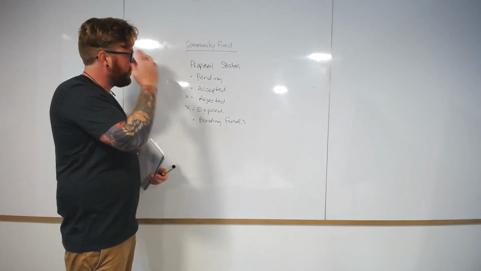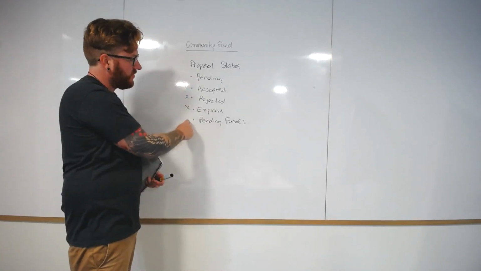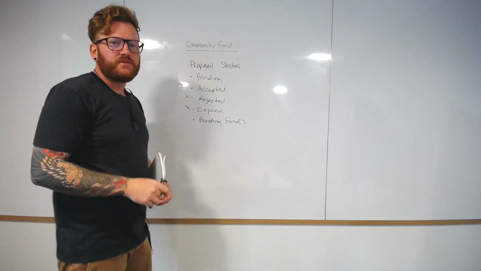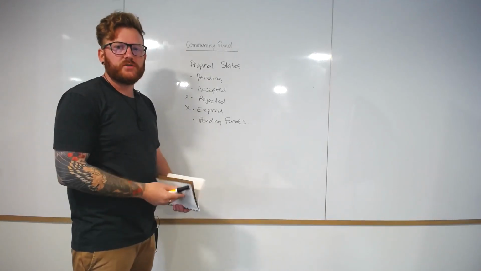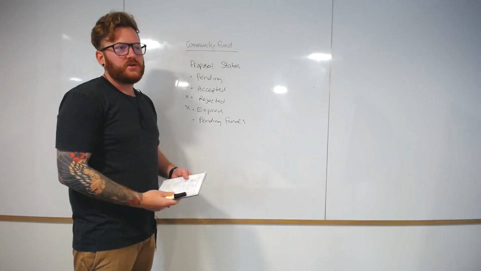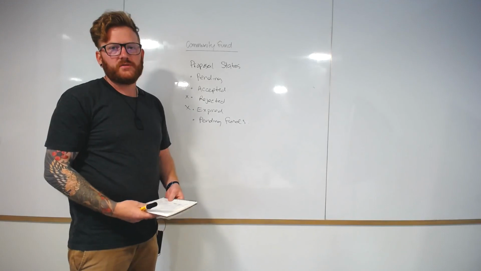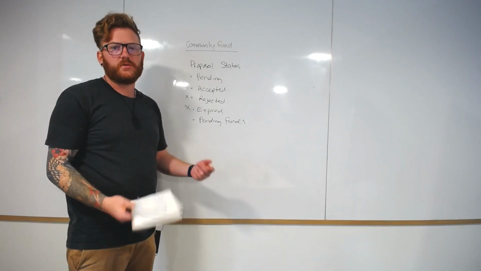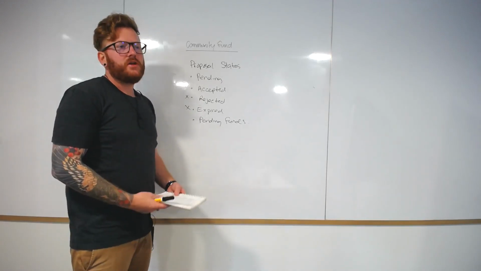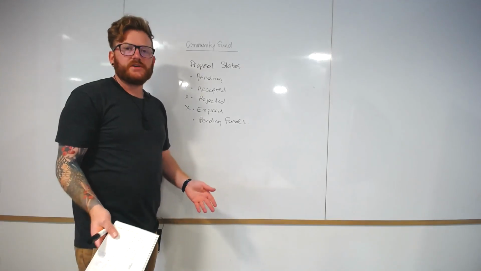So effectively from pending, you can go to either accepted or pending funds. And what pending funds means is that your proposal has been voted successfully and it's been accepted, but there's not enough funds in the community fund to fulfill your request at this point. So there's something like 75,000